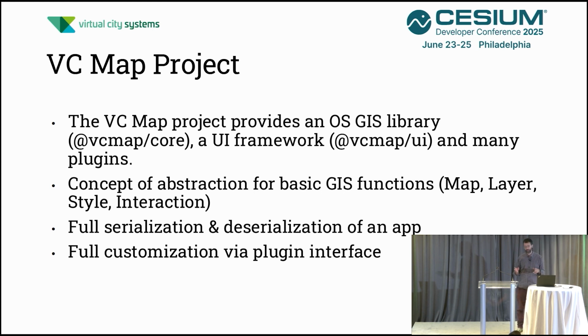It consists of two libraries, a GIS core, which does all the core stuff, and a UI framework on top of that that lets you plug in stuff. And the idea behind it is that it's an abstraction layer on top of well-known open source projects. One of them, Cesium, we've been using since, I think, 2013, 2014, so a very long time, for our 3D maps and our 3D data, and OpenLayers for 2D. And we also have an oblique imagery viewer, also based off of